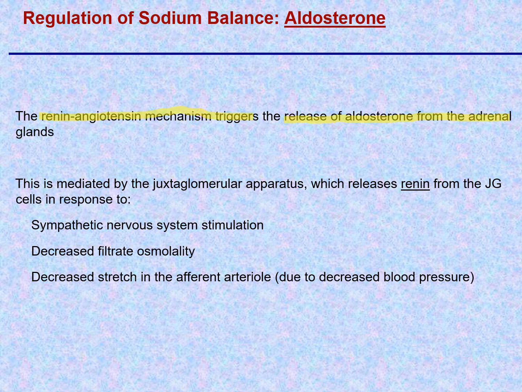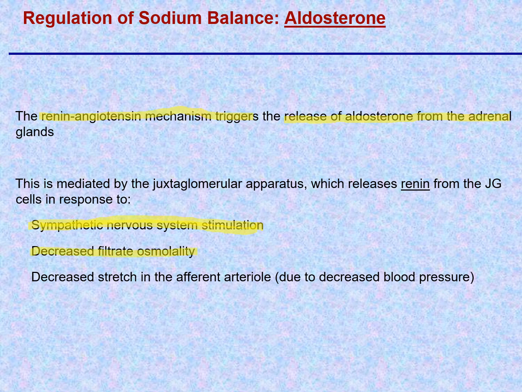And that is mediated, of course, by the juxtaglomerular apparatus, which, if activated, will release renin from juxtaglomerular cells. And that can occur in response to direct sympathetic nervous system stimulation, sympathetic signals sent to the kidney, triggering renin release from juxtaglomerular cells, or if the osmolality of the filtrate